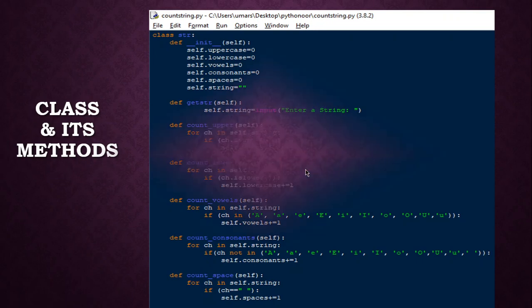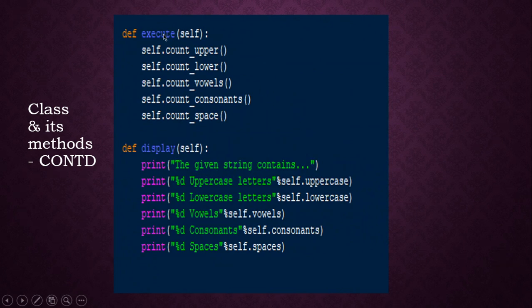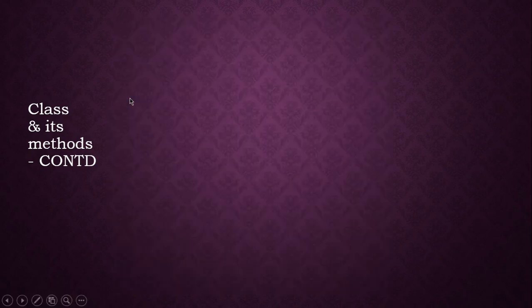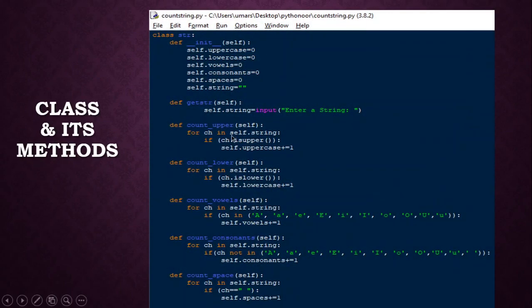And then next, we have defined the next function called the execute function. This execute function really calls the functions and does the process. You should not get confused here. In this slide, we have just defined all the functions: how lower should work, how uppercase will be found out, how vowels will be found out, how consonants will be found out.